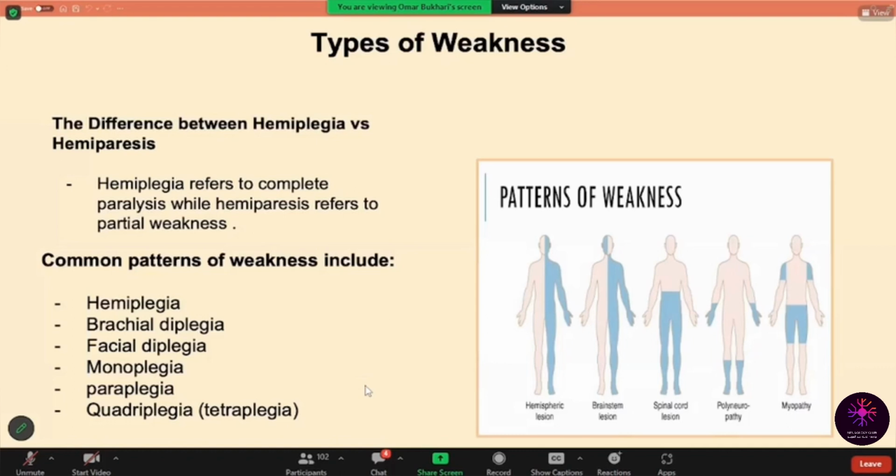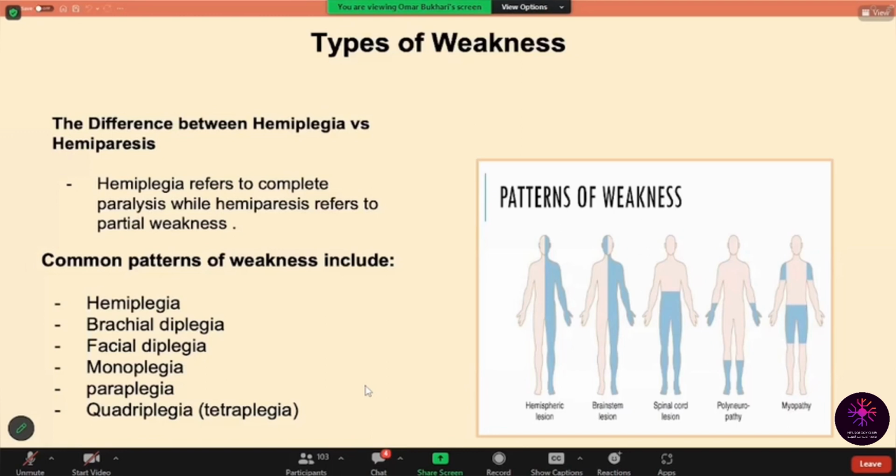What is the difference between hemiplegia and hemiparesis? Hemiparesis is partial weakness, and hemiplegia is complete paralysis. We have a lot of patterns of weakness. For example, hemiplegia, which is right side or left sided weakness. Brachial diplegia, it is